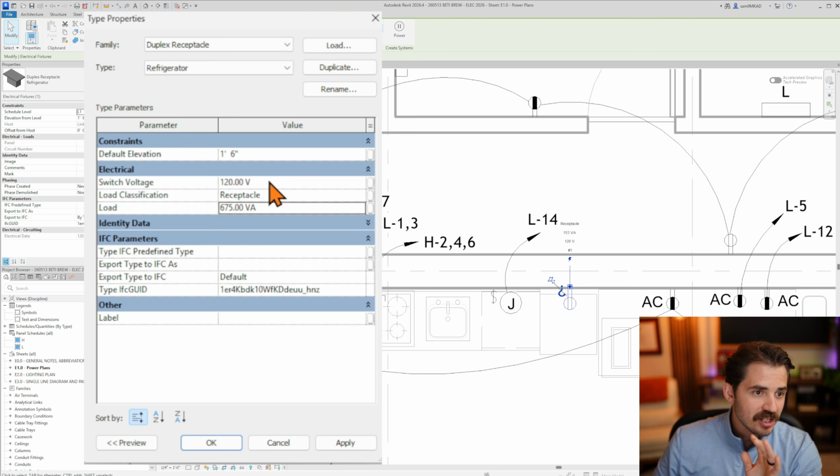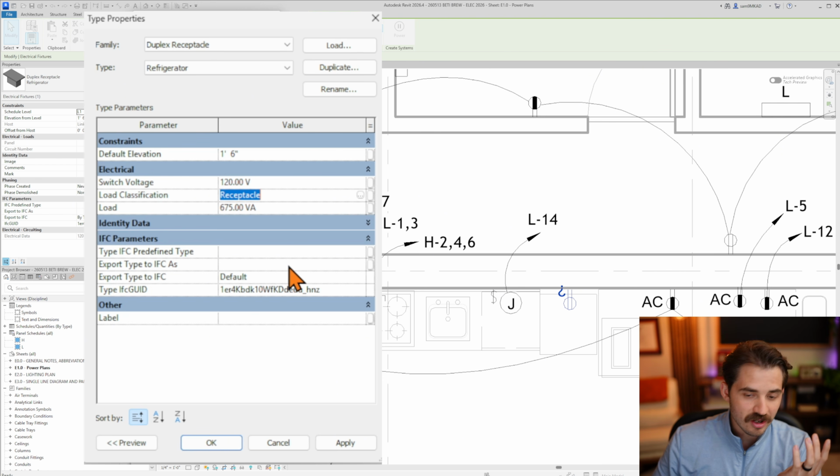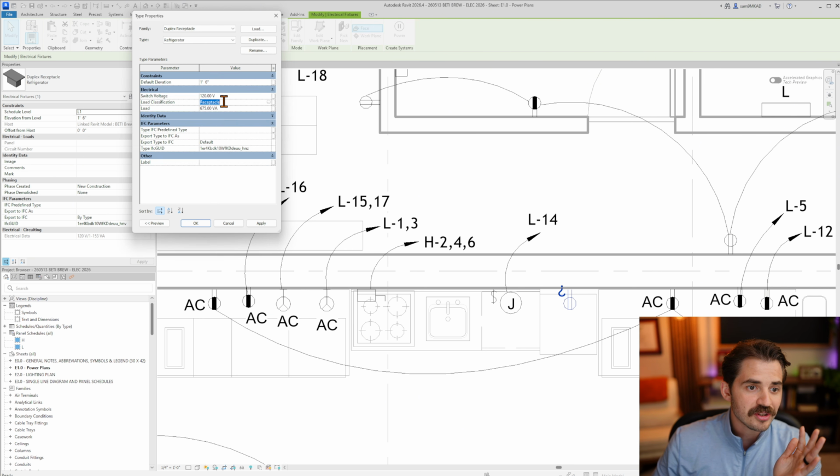And if I want to change that, I can go up to the edit type. This is going to be for a refrigerator. So if I get a new type of refrigerator from the architect that maybe pulls like 675 VA, I can input that here. I can change the voltage if I need to. I can change the load classification, which is pulling from our electrical code demand factors. I'll get into that in a second. But what we're doing in Revit is essentially assigning all of the values,